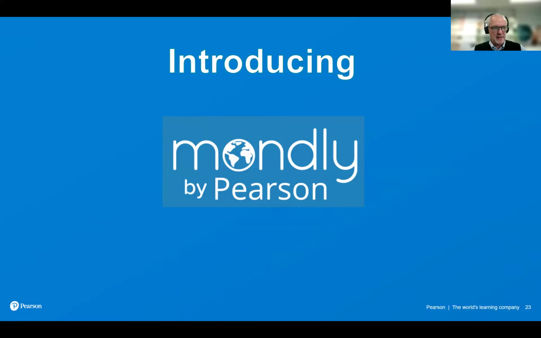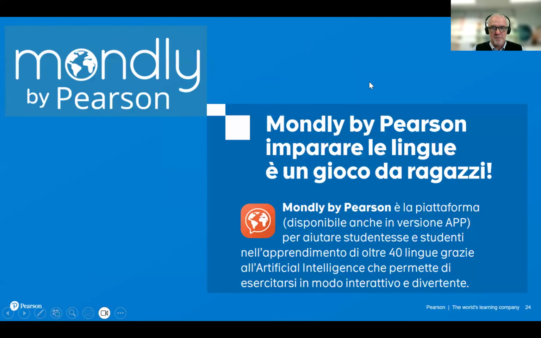Well, I'm going to take about 5 or 10 minutes to talk you through Mondly, and just suffice it to say that if you are interested in trying out Mondly for yourself, you just need to contact your local Pearson Sanoma agent, and they can activate Mondly for you to try, and you can try it from now through till the end of the school year. So if you want to even show it in class at the end of a lesson to kids. First of all, I explain what it is, but we do have the opportunity to activate this for you. So Mondly, as you can see here, is a language learning app.